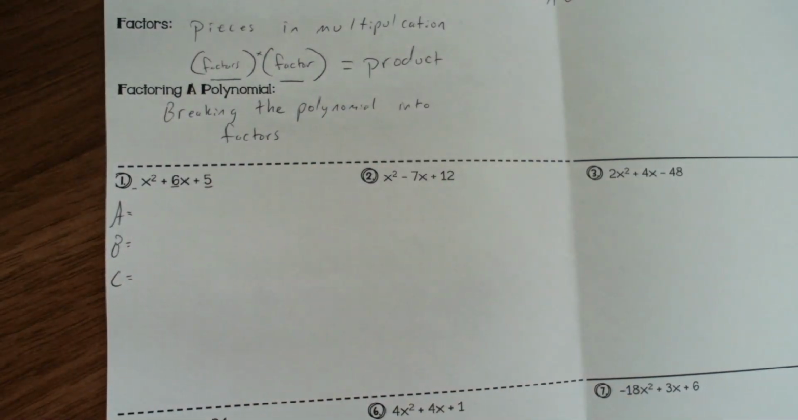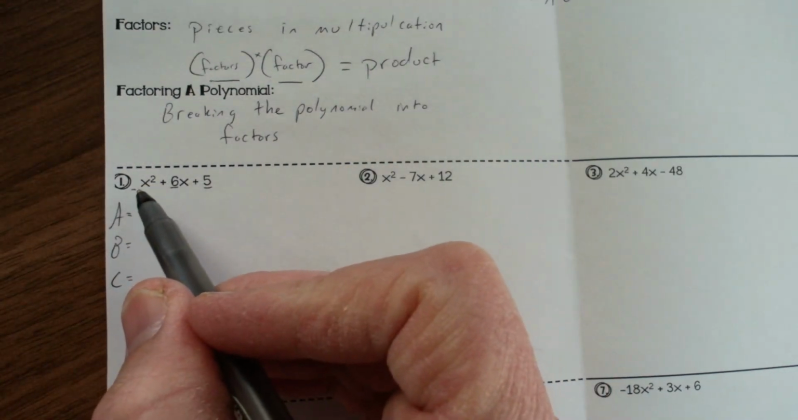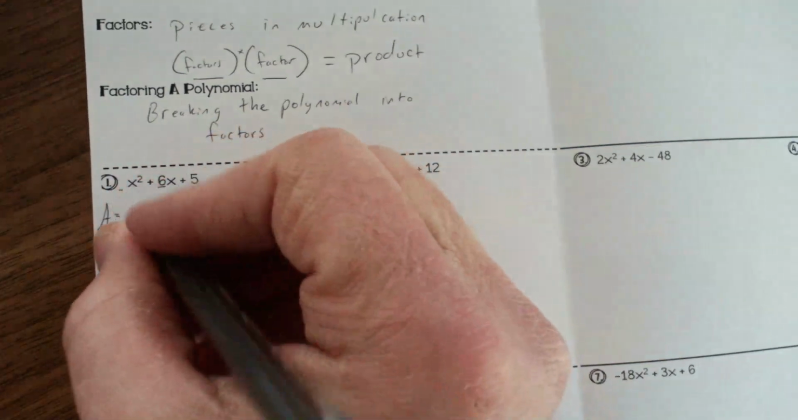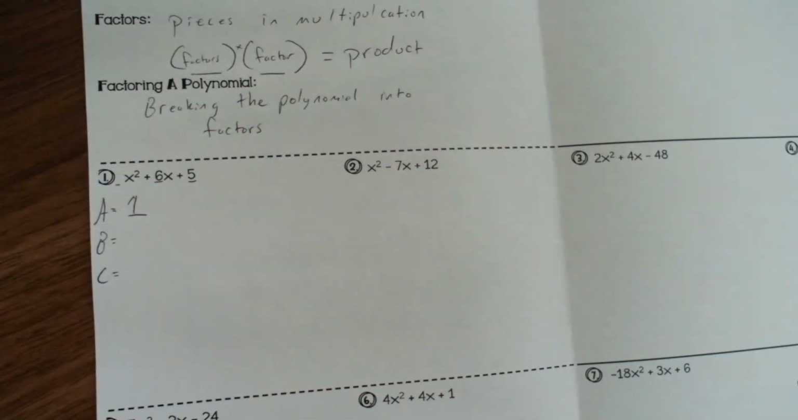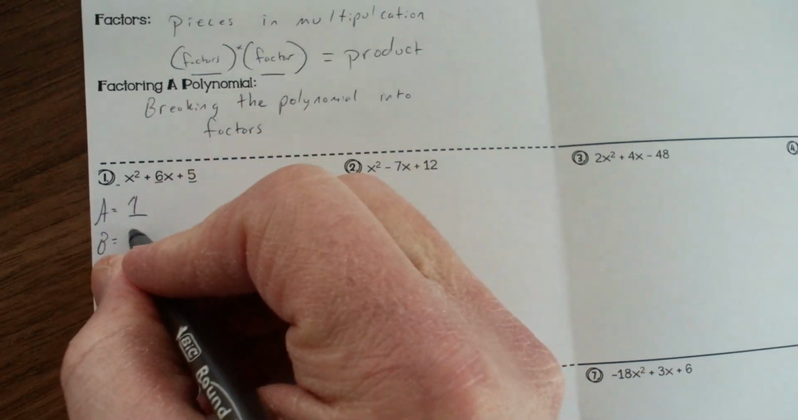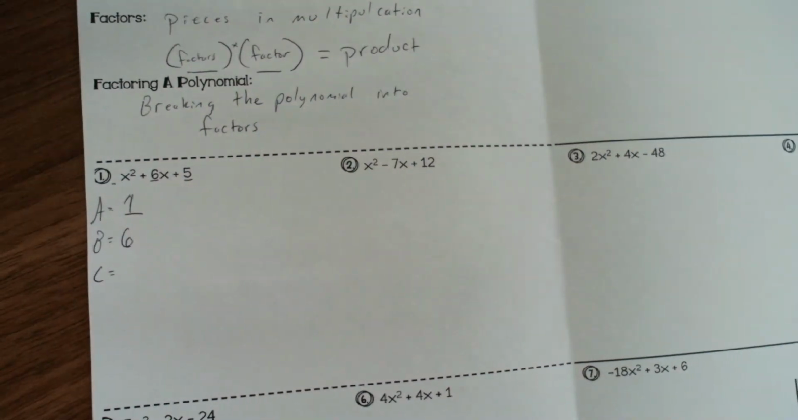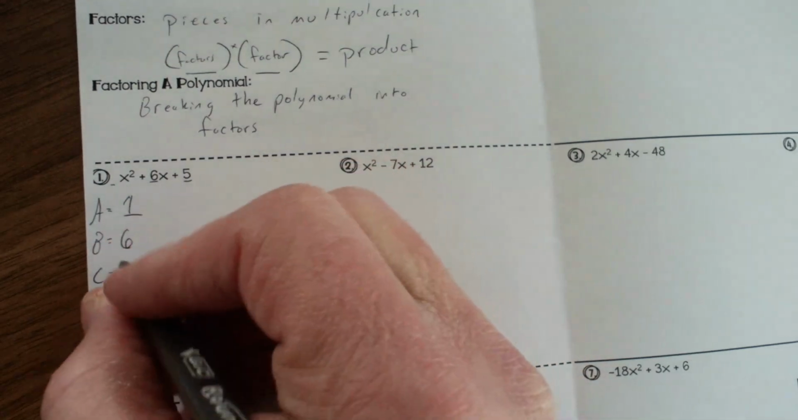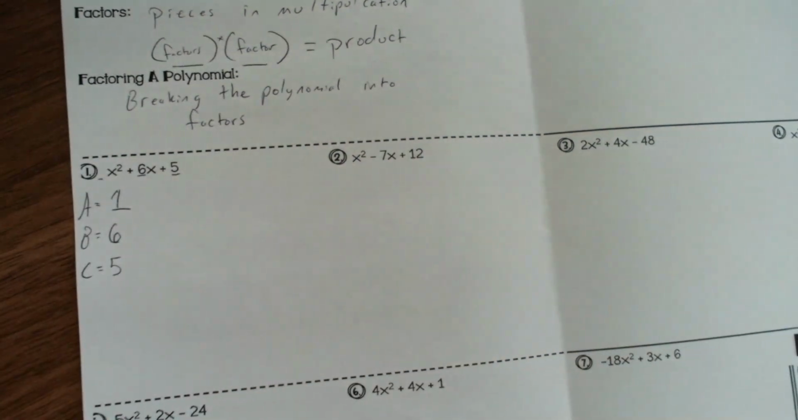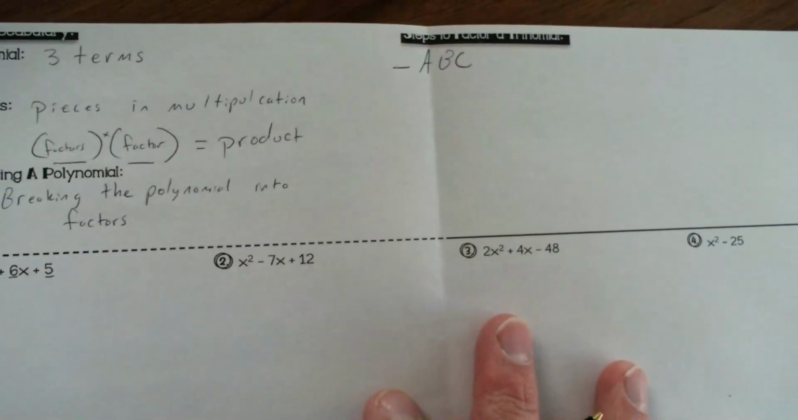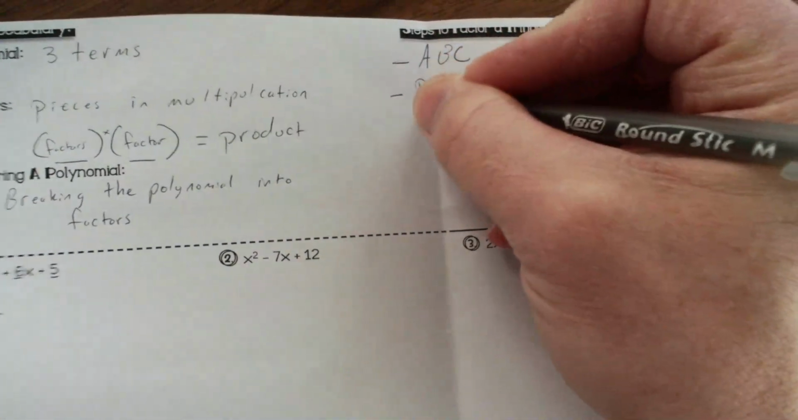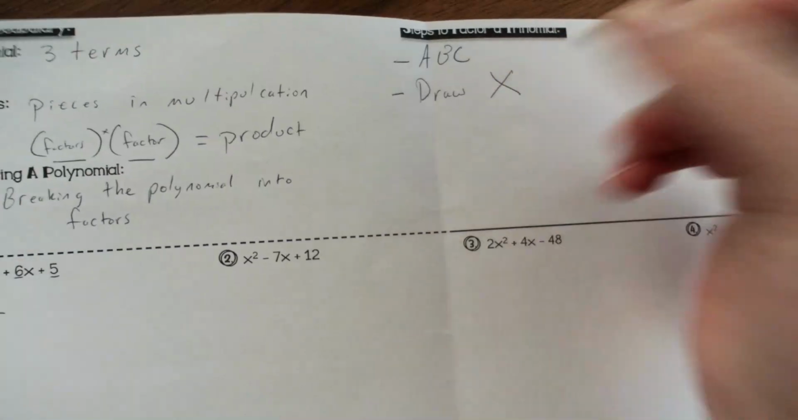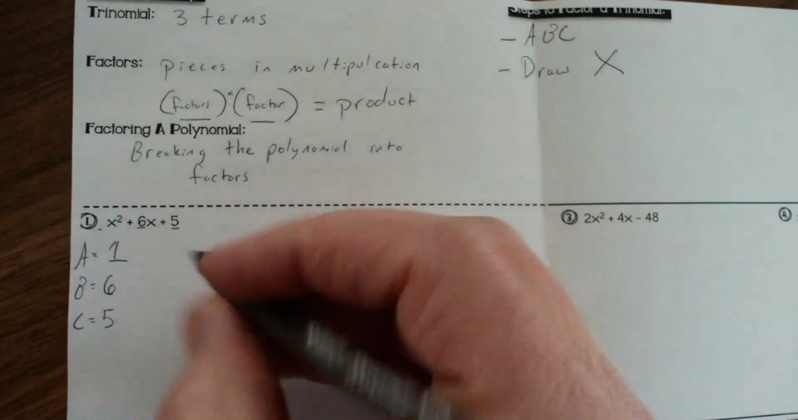So my a value always comes from the x squared, and today we're looking at it where the a value is going to be 1. My b value comes from the second term, the term that has the singular variable. And then my third term, c, the one without a variable. So that's my a, b, and c. Step number 2, draw an x. So you draw this x,